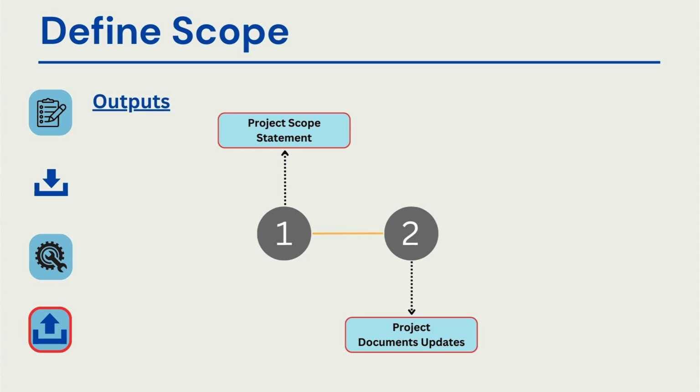By the end of this process, we should have a project scope statement. This statement will define the project or product we are working on and clarify what we want to achieve or build. Certain project documents will also be updated. For example, if any assumptions arise while defining the scope, they should be logged. Requirement documentation should be updated in case of any changes. The requirements traceability matrix should also be updated because, at this stage, all requirements have been identified and need to be documented. If there is an impact, stakeholder registers should also be updated based on interactions with stakeholders.